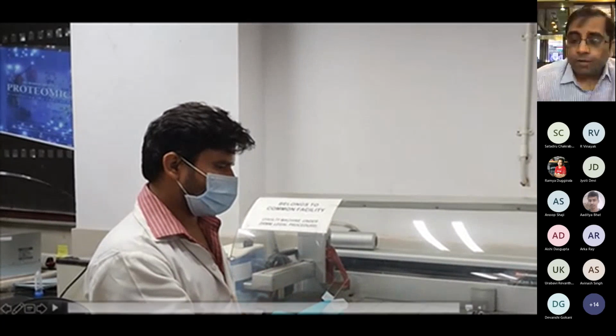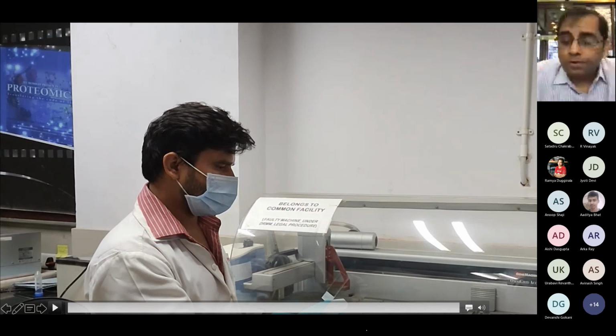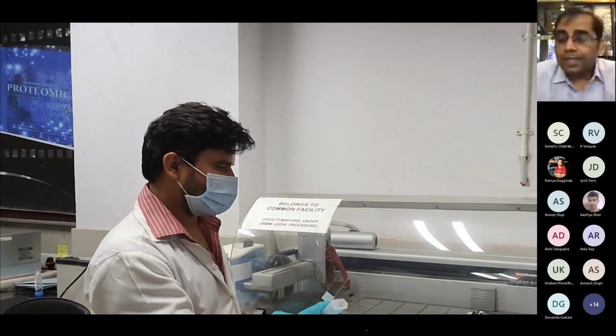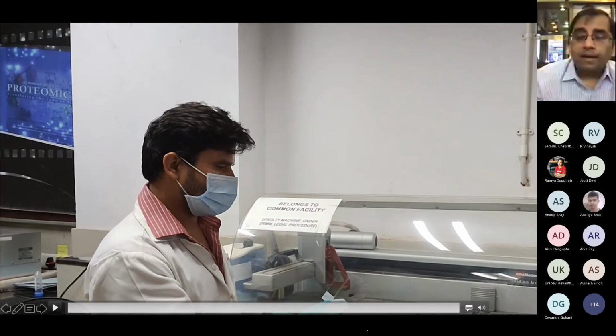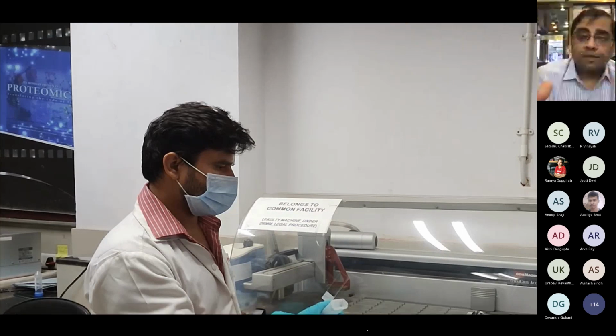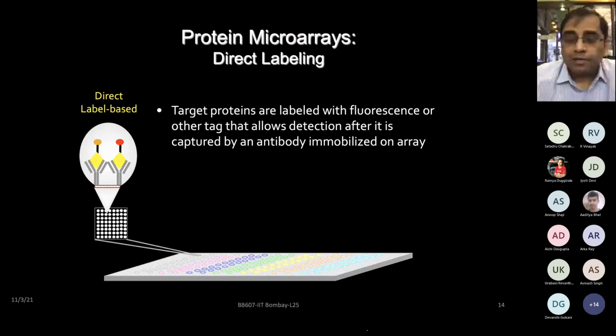All right, so it was a brief demo, but ideally this is the pin head, where 48 or 96 pins can be there in this particular pin head, and that many spots can be taken from the plate. If you have purified proteins in, let's say, a 96-well plate format, those pins will go and touch the proteins, and then they will dispense that on different slides. I will show the printing on another slide subsequently, but this is just the setup of the array format. So thanks Abhilash for showing that.